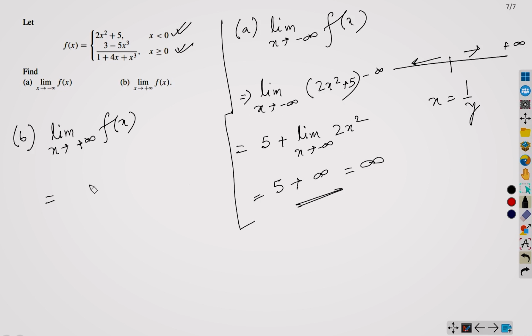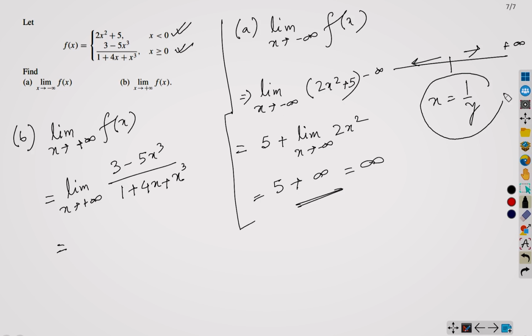We have to follow this definition of f(x), this equals plus infinity, we will substitute the value of f(x). Now in this case we need to do the same process as what we did earlier, that is we will substitute x equals 1 by y,